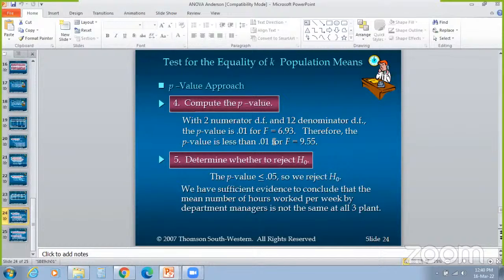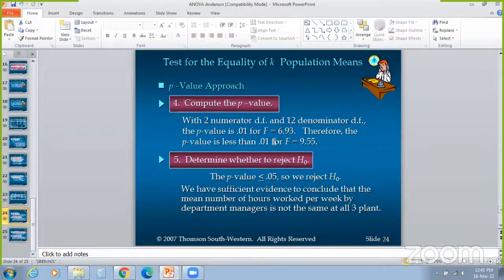So this is less than our calculated value of 9.55. So hence we have to reject our null hypothesis. So the conclusion of our discussion here is that we can reject our null hypothesis at 5% level of significance, because we have sufficient evidence to conclude that